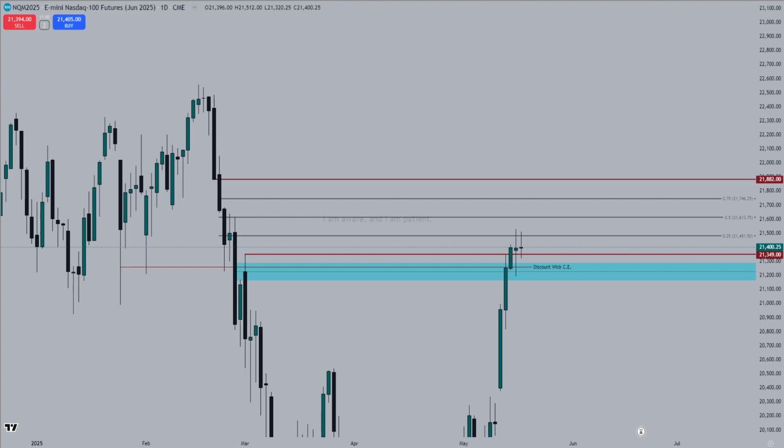So that may cause it to meander around and maybe reach lower or higher, depending on how price develops during Sunday's open today at 6 p.m. Eastern Time. It's currently around 11 a.m. Eastern Time. So that will be something to watch for, and that's something for you guys to take notes of and to journal.